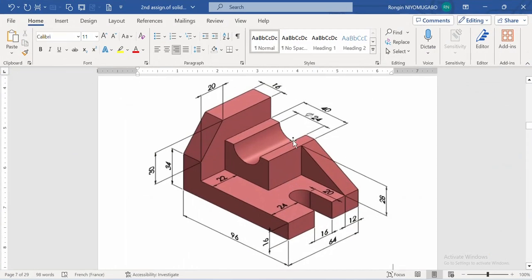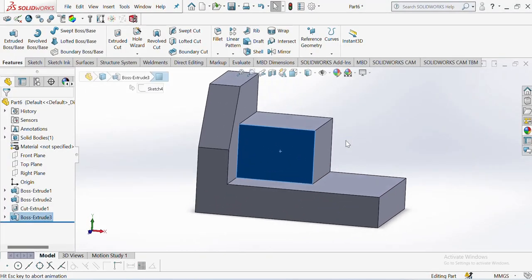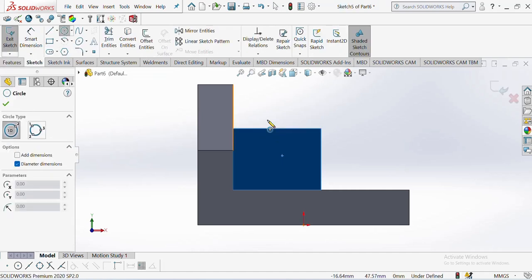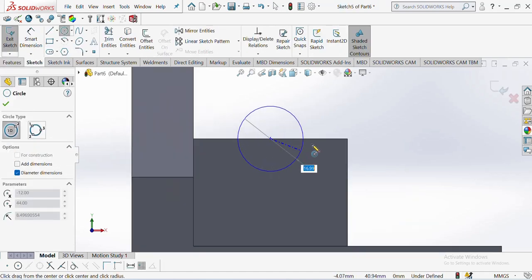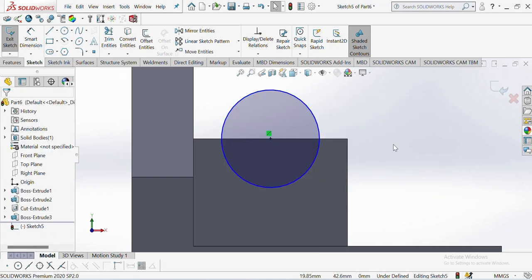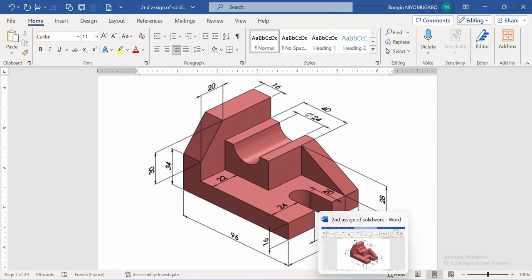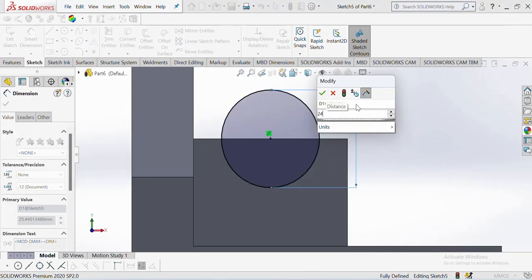So you see, I'm going to assign this 24 diameter. Okay, select this face, normal, circle, start from origin. Okay, assign diameter of 24. Okay, 24. Okay,